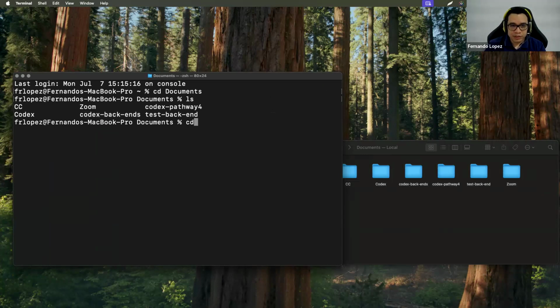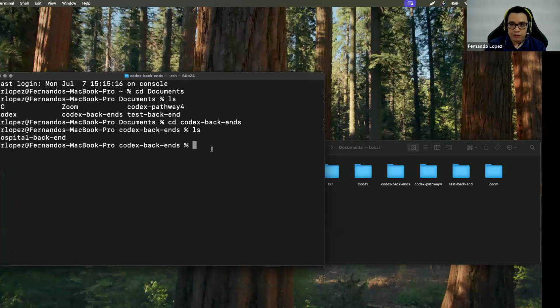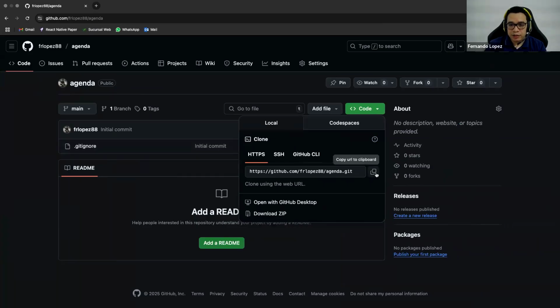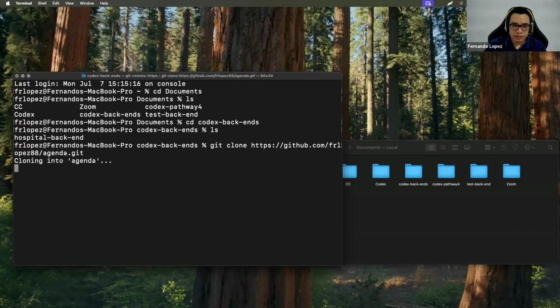Remember, we're going to prompt cd, change directory, and I will enter this new folder. Now I will prompt ls again, and as you see, this is the backend for the hospital project. So the way to clone the new repository is that you copy this URL, and in the terminal, you will prompt git clone, and then you paste the URL of the project. Does this make sense?